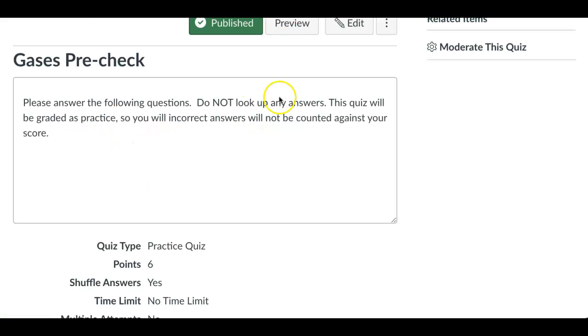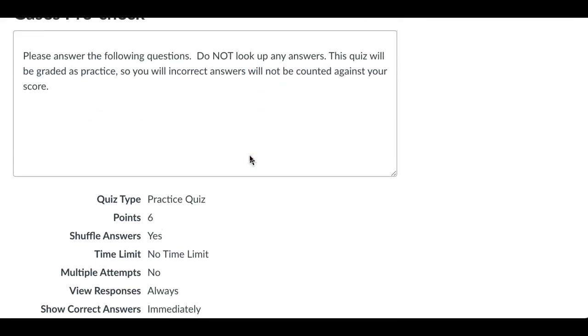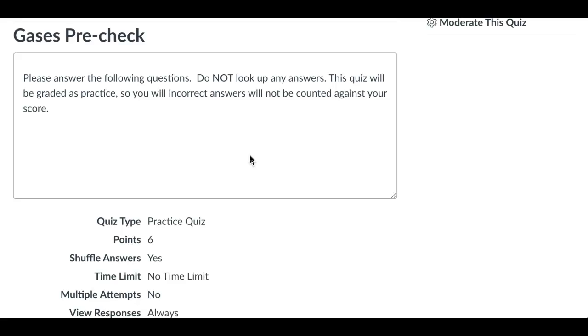This is a 6-question quiz. It's a practice quiz, so they don't get a grade for doing it. I ask them not to look up any answers. It's to give me some data on what they already know about gases and the gas laws, and it's to help them identify what they know and what they don't know,